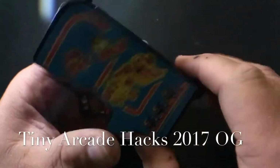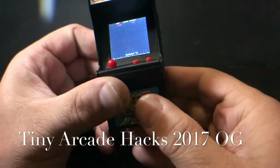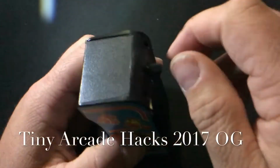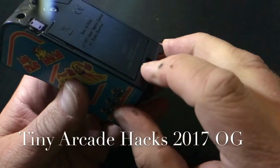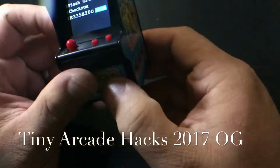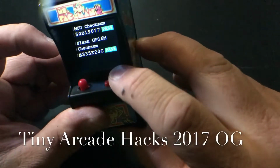So it's Pac-Man, but you could turn it on and off, and there's 4 games built into it they don't tell you about. Turn it back on. Now you can get to the diagnostic mode if you go past the 4, and what that does is it